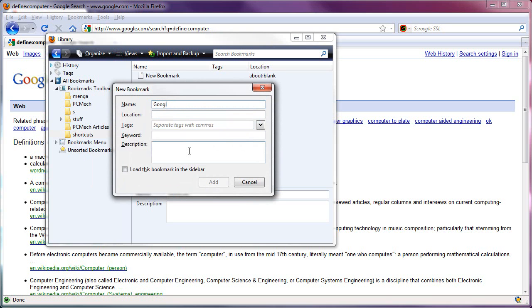So name Google Define, location, oops, I want to type that right, location http://www.google.com/search ?q for query equals define: %s and the keyword D, and that's the way that it works. And then you hit add,